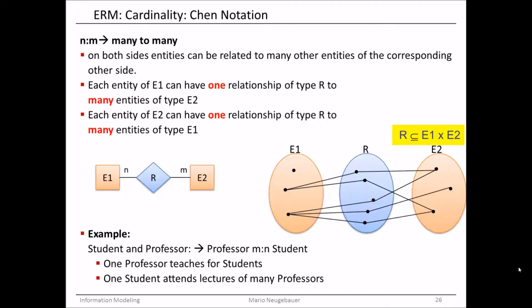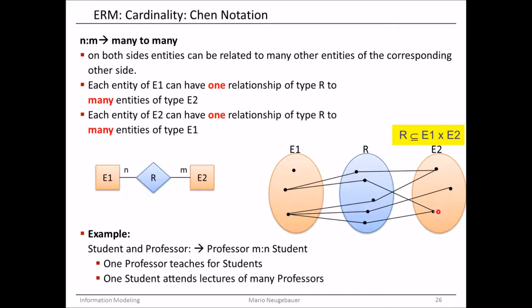One to 1, 1 to n, and now n to m. Many to many. N stands for many and m stands for many as well. So in this case now, in both directions, we have the possibility to maintain for each entity many connections to other entities from the other entity set. This is shown here again in the picture. In entity set E1, there's an entity which maintains two connections to two different entities in the entity